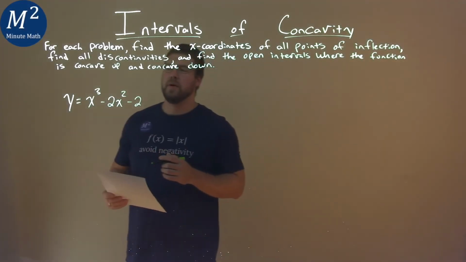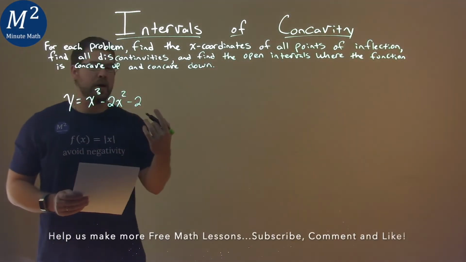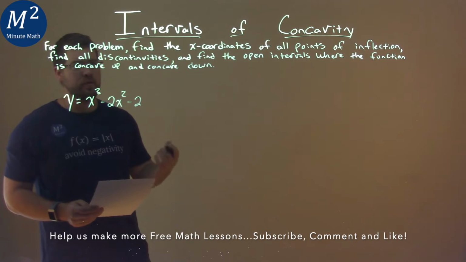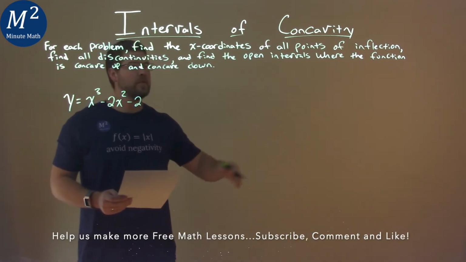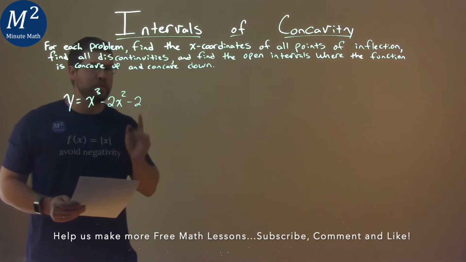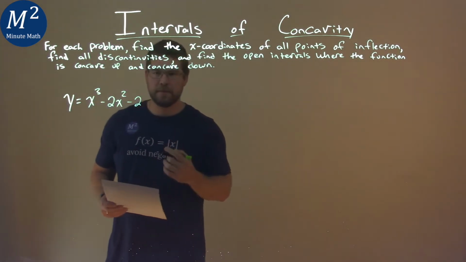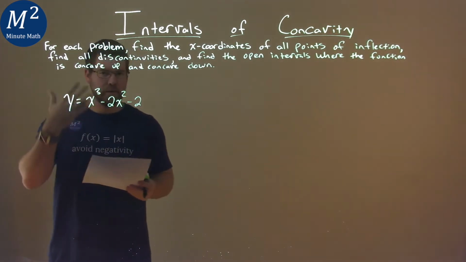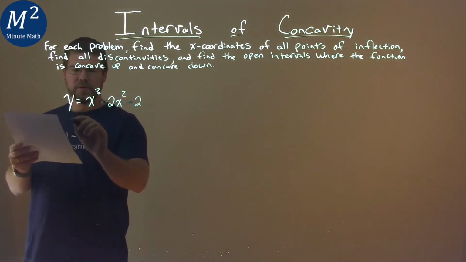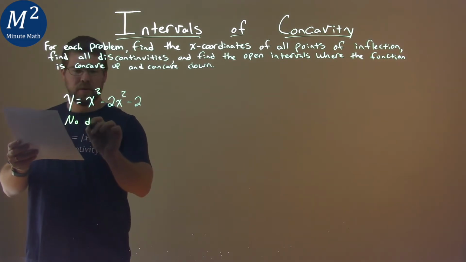We're given this problem right here. Y equals x to the third power minus 2x squared minus 2. And we want to find the x-coordinates of the points of inflection, discontinuities, and the open intervals of the function where we're concave up and concave down. Now we have a basic polynomial function here, and we know it's actually continuous everywhere. So we would say right off the bat that no discontinuities